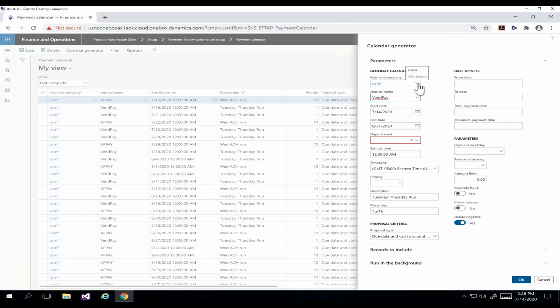You'll see here I have my payment company. I could create this for multiple legal entities in one calendar generator, so I don't need to switch screens. If I have 10 companies I'm paying out of, I can do it all from here. Normally, most of our customers will do this for the full year. So they'll do it from,